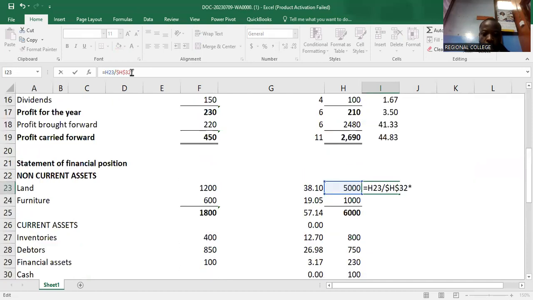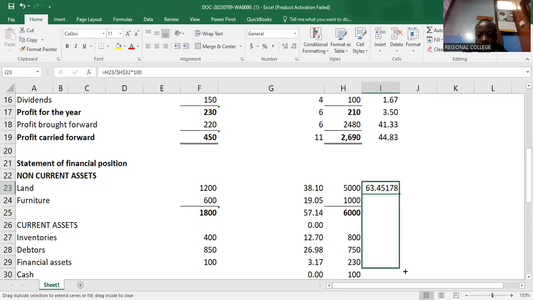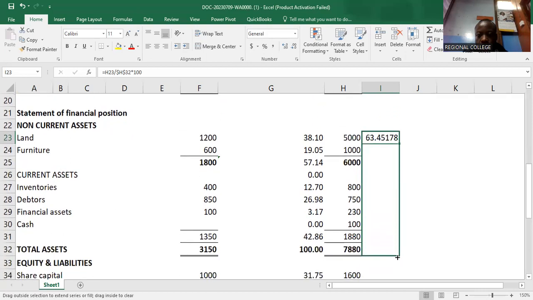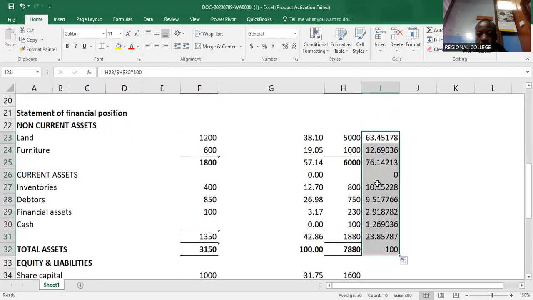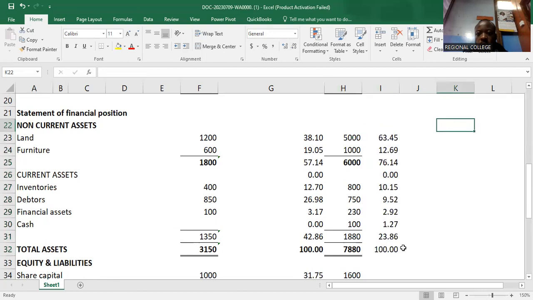Then I multiply by 100. Then I can drag it to where total assets is, copy the formula. Then I can minimize the percentage decimals to 2 decimals. So that is the percentages analysis for 2022